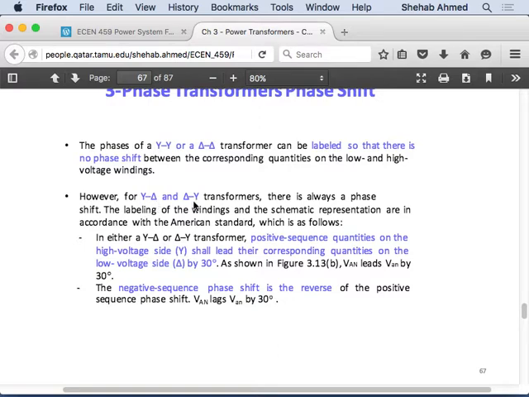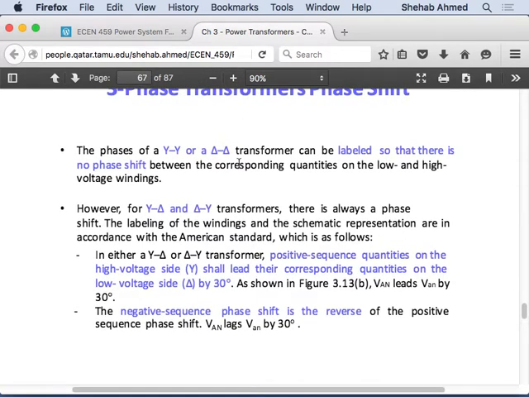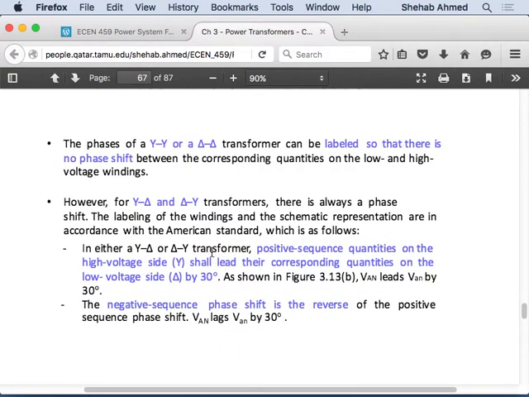For a star-delta or delta-star transformer, there is always a phase shift. So labeling the windings is going to be an important consideration. There's a standard for that. The standard dictates that the positive sequence quantities on the high voltage side will always lead their corresponding quantities on the low voltage side